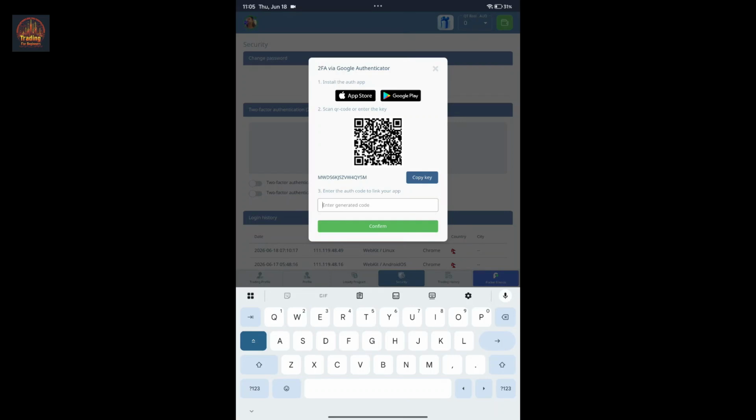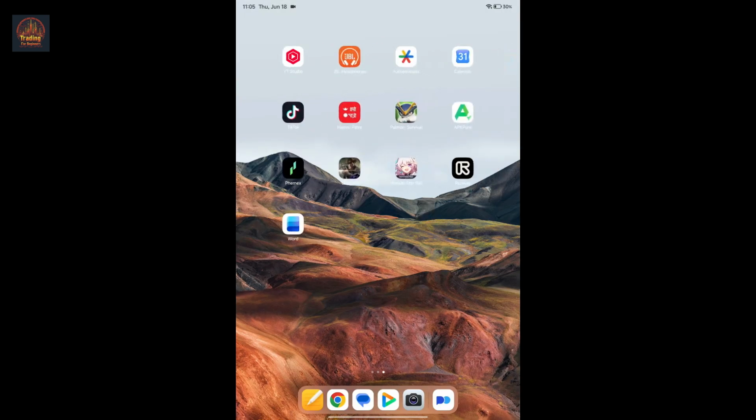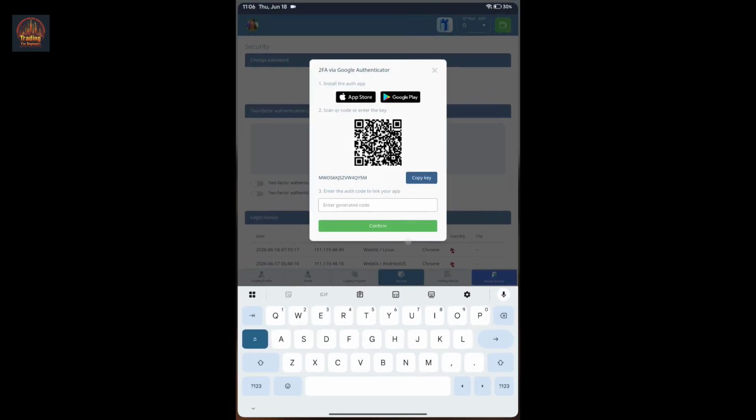To enable two-factor authentication, you'll need to download the Google Authenticator app on your device. Go visit your App Store or your Google Play Store and download the two-factor authentication app, that is Google Authenticator. Once you have this application installed, you can now get back to the Pocket Option app and then click on